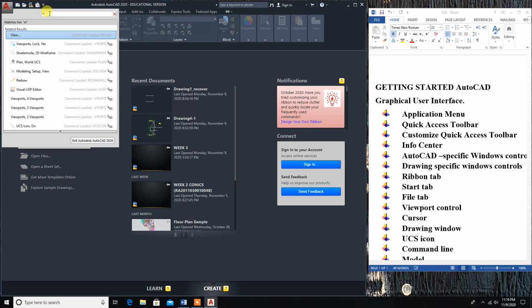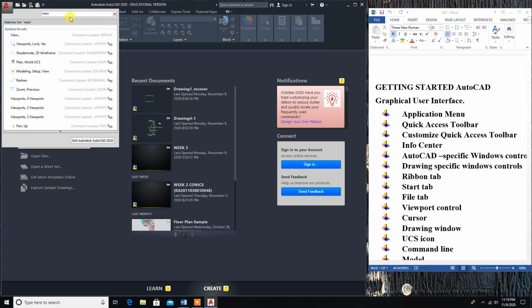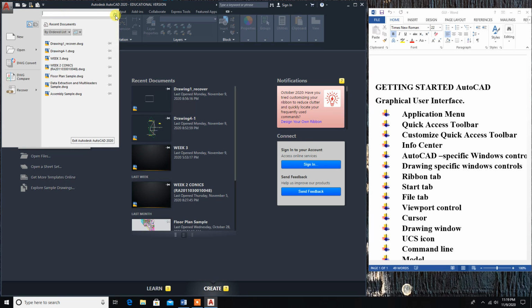If I type view, whatever commands start with view, you will get all of them. So view std. Whatever you want to find, drafting standards. If you click drafting standards, you will get the command you want to search. You simply search here, and if you want to exit, you press this red cross mark.